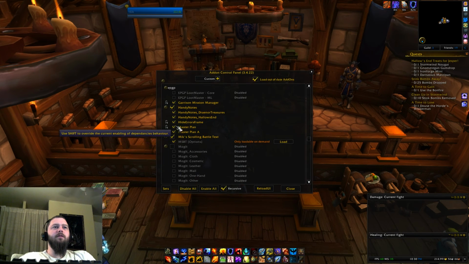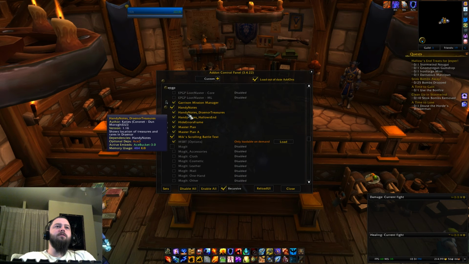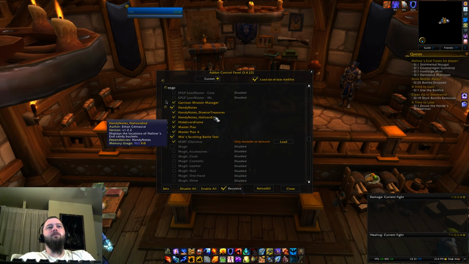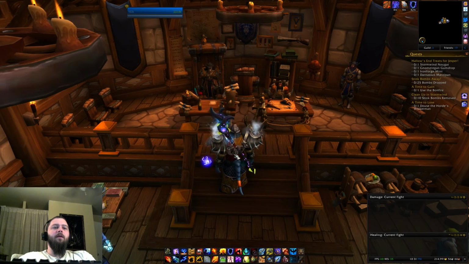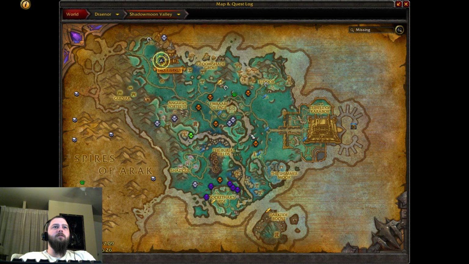So that was Garrison Mission Manager and Master Plan. If you get one, you should get the other. On those two, Handy Notes requires additional modules. Handy Notes Draenor Treasures is a module, and Hallow's End is a module, and that makes it so when you're looking at your map, it's going to show you these rares. So here's the rares, there's a rare mount rare, and then there's another rare